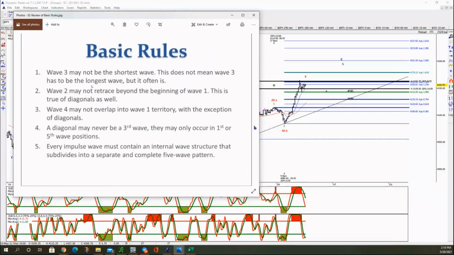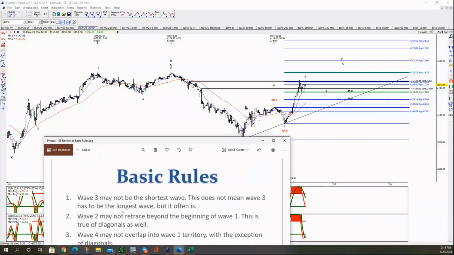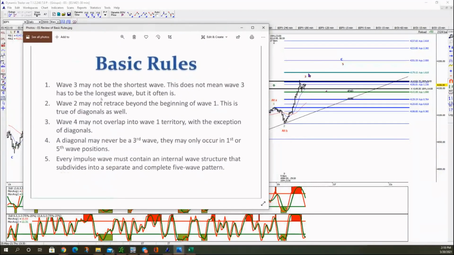And if a diagonal occurs in wave 1, it's a leading diagonal, and they're usually ABCs. And the fifth wave diagonals are usually ABCs, and they're an ending diagonal. Now, one thing about diagonals, I just bring it up right now since we're talking about it. When those things end, if price is going up and you have an ending diagonal and you get to the top of it, it's going to fall hard. Let's say this were an ending diagonal coming up into here. Chances are price is going to drop below to where the ending diagonal started.